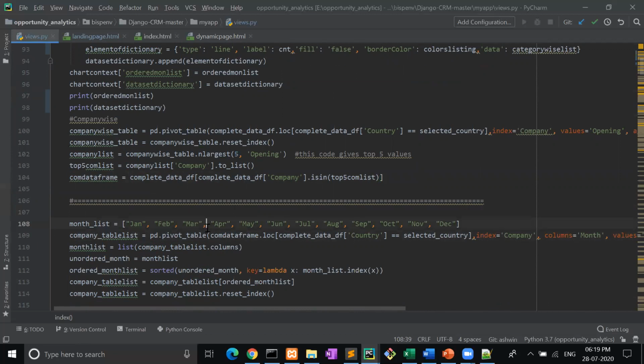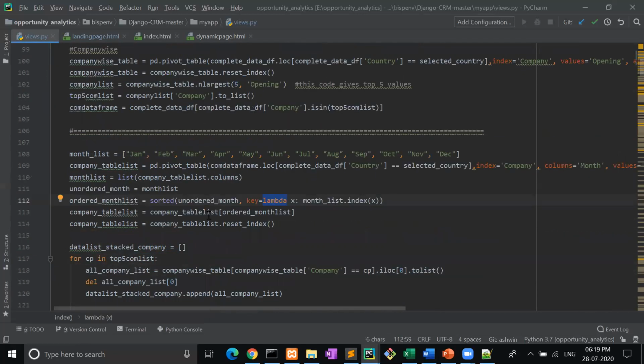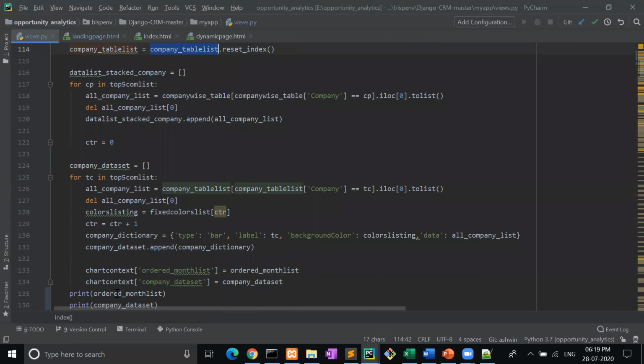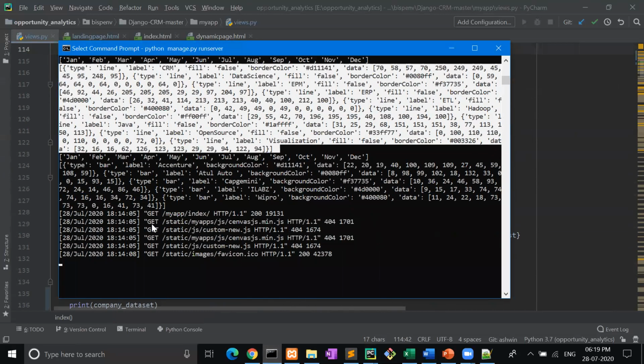So what we have done, same thing, pivot table, country, company. After that, unordered month, we have taken month list. After that, with the help of sorted lambda, we have sorted it, and then company reset index. Now we apply for loop. Why have we applied for loop? Because we have to convert the data. Have a look at this.